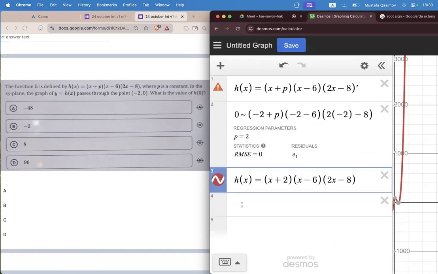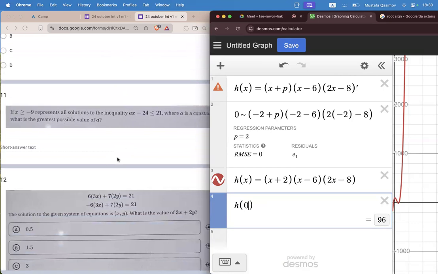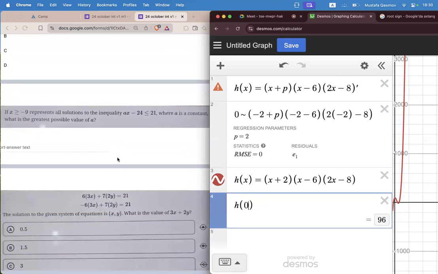Then it says, what's the value of h of 0? Let's write it and find it. Nice, the answer is 96, D. Now, 11. For 11,